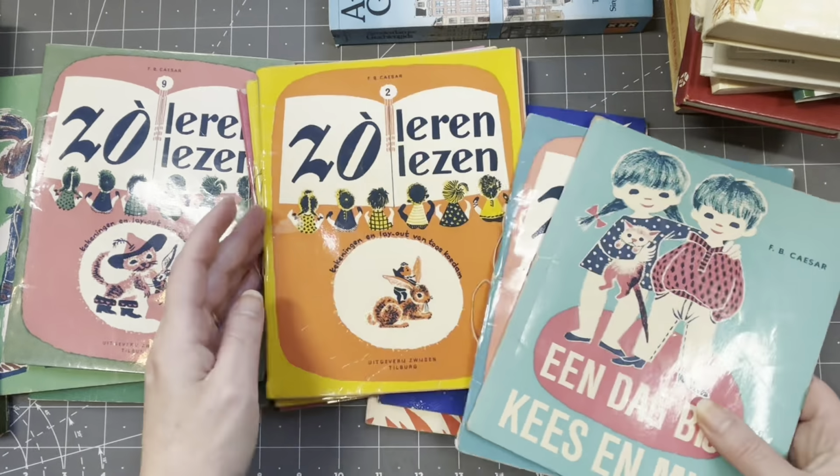Okay, I found a whole bunch of these. These are magazines and this is from the 60s? No, 1949 even. Older ones for building companies. Yeah, so basically...